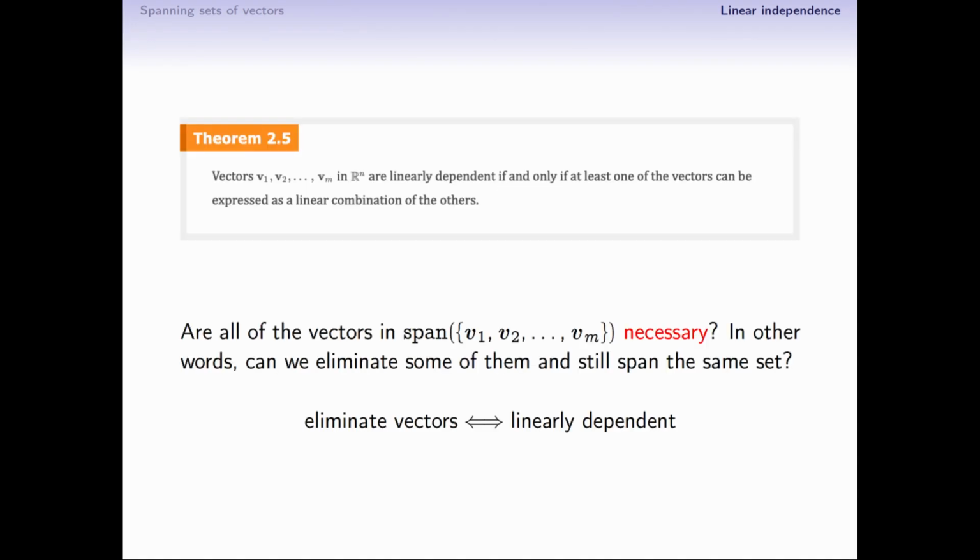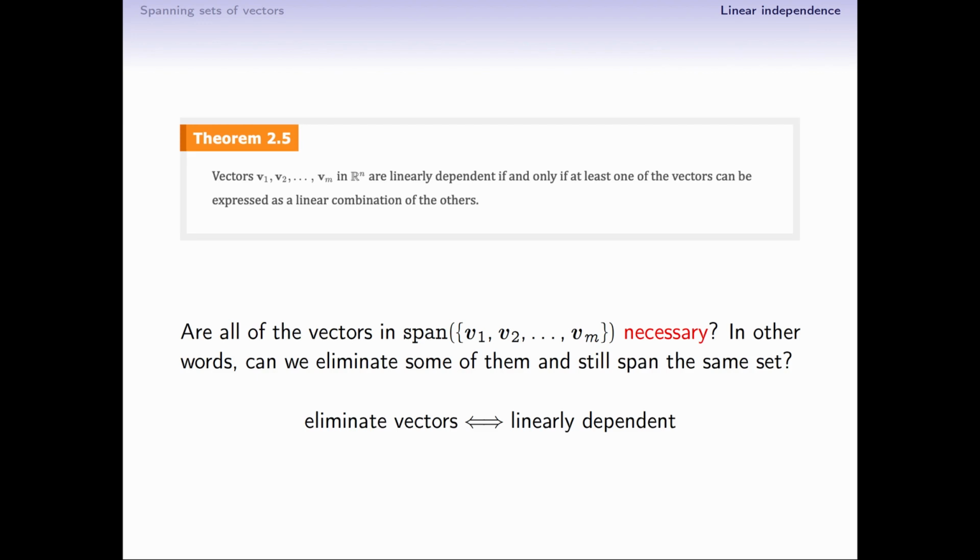Here's theorem 2.5. The vectors v1 through vm in n-dimensional space are linearly dependent if and only if at least one of the vectors can be expressed as a linear combination of the others. We're going to go to the document camera and work out the proof of theorem 2.5, but before we do